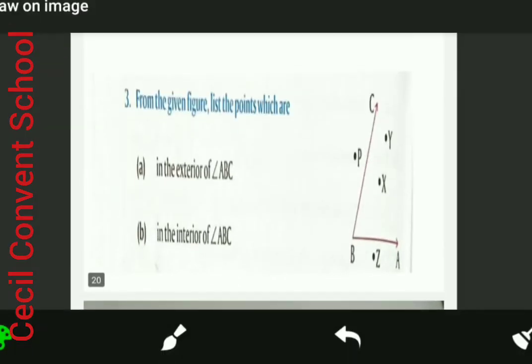First of all, we write exterior points. Exterior means which come outside. So one point is point P and the second point is point Z. And interior points are point Y and point X. Both of these